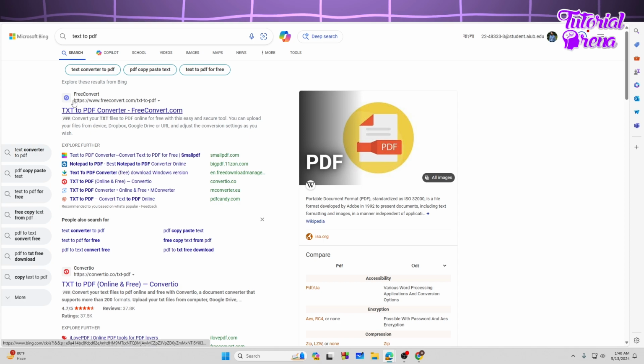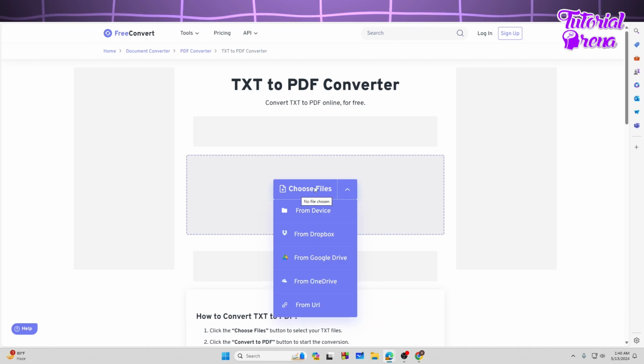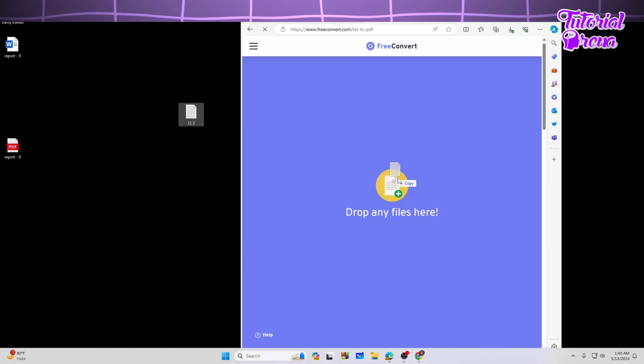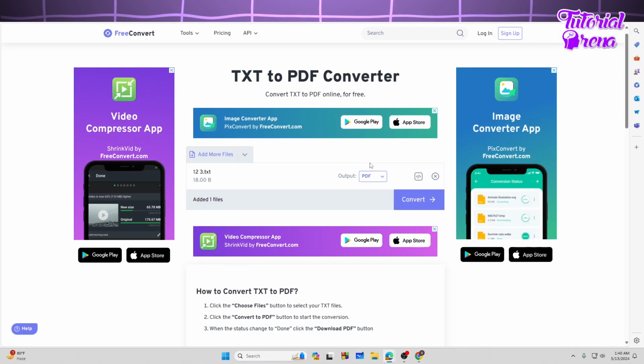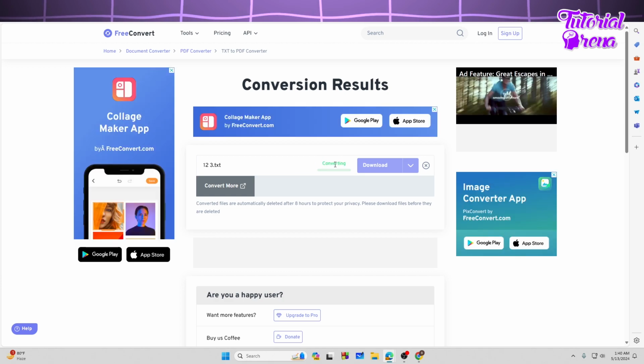All right, after that, here you can see free convert text to PDF. Just go to their website and now you need to select the file. So I will select the text file from my desktop, drag it on, and as you can see, I will select the output as PDF and then click on the convert. So just tap on the convert and it will take some time to convert it, and then we will see